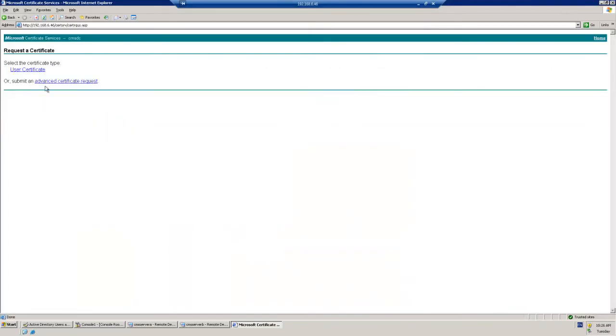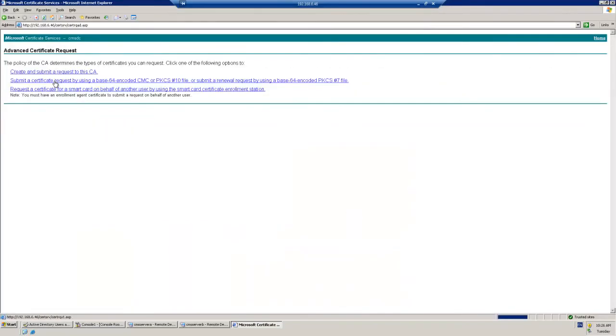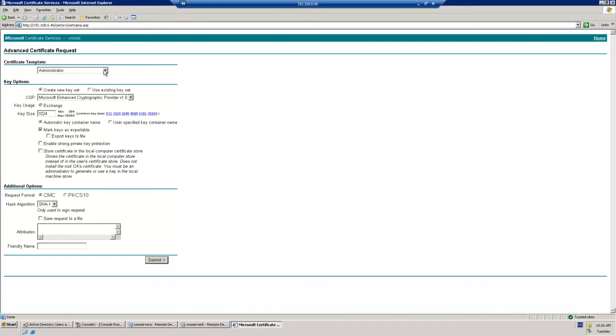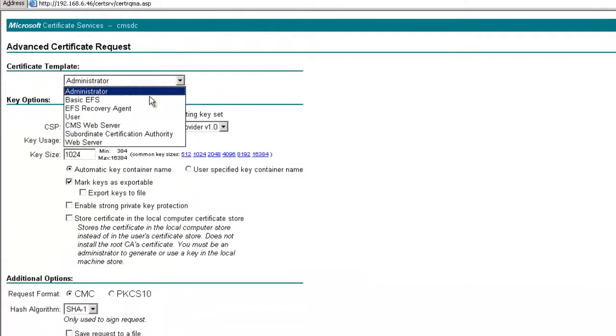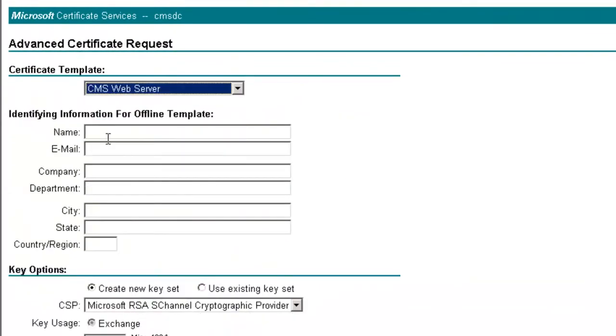Click on request a certificate, click on advanced certificate request, then click on create and submit a request to the CA. Now select the template, and as I said, the subject should contain the CMS pool name that you're going to later use for this specific CMS pool. In my case it will be CMSpool.supportpool.com,